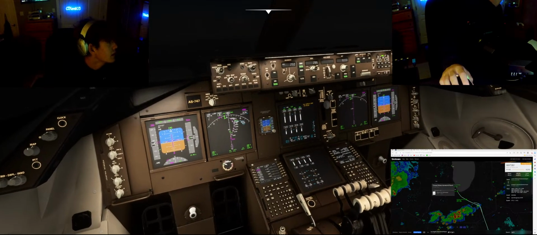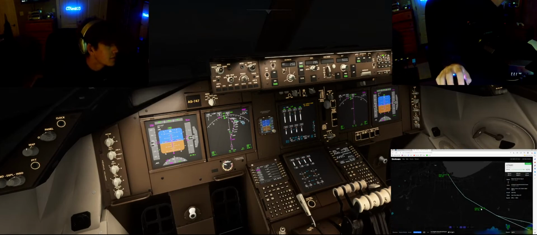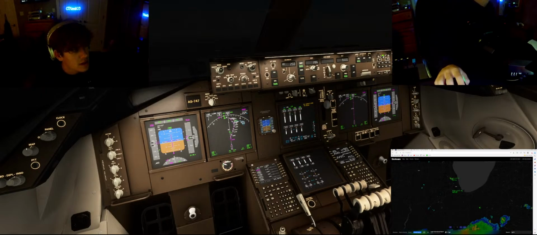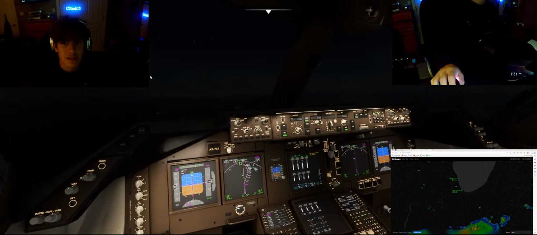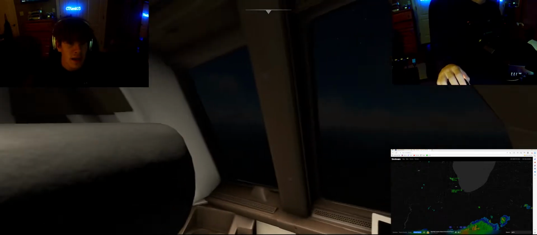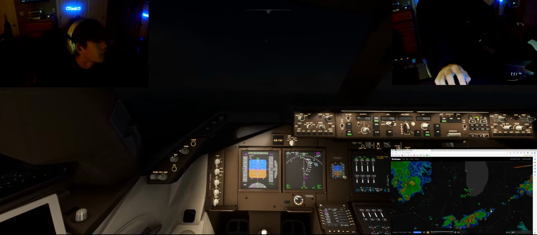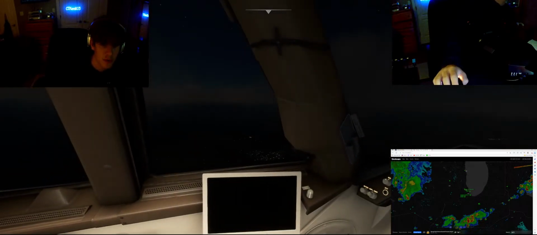Alright, this guy, I'm assuming he did that so he could keep up to speed. We're obviously going to be lower on the speed now that we're lower, more towards the ground. We can't go above 250 now. But we're just keeping it a little bit slower so that we can stay out of his way. And I kind of wanted to stay out of the way of the weather here, so I think we dodged right through that weather. I think we got the perfect outcome there